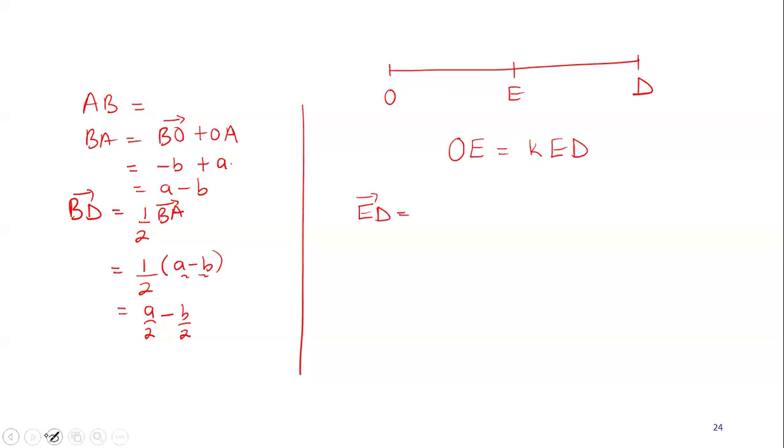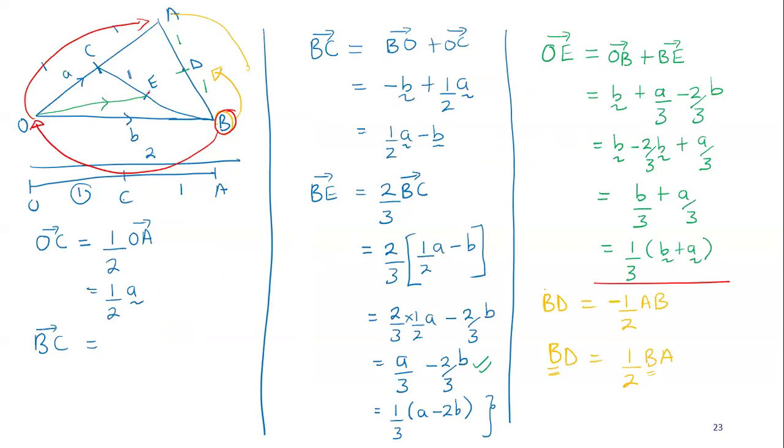Now, when you look at our vector E to D, from here, you notice that this is our vector when I continue joining E to D. So E to D, I can decide to use E to B, B to D. Hope you are noticing that route. I can say E to B plus B to D. Another person can decide to use E to C, C to A, A to D. You get the same answer. Another person can decide to say E to O, O to B, B to D. You get the same answer. As long as those vectors you are using add up, you'll always get the same answer.